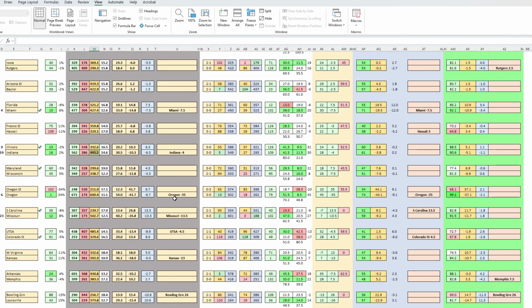Here we have Oregon minus 35. We've got them winning by 41.7. Stuff like that, take it with a grain of salt. On games like this, I typically do the race to props, on something that Oregon State's never going to score. For example, race to 30 points or race to 35 points or race to 40, whatever DK has. That's usually what I do,